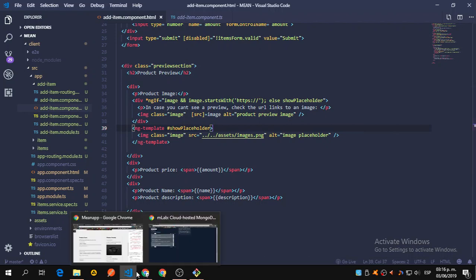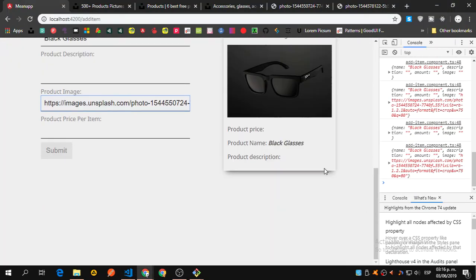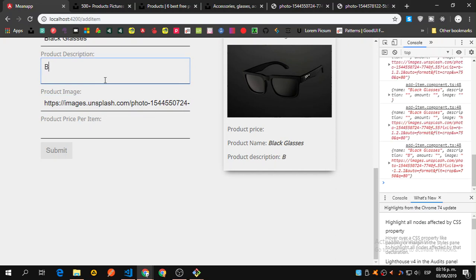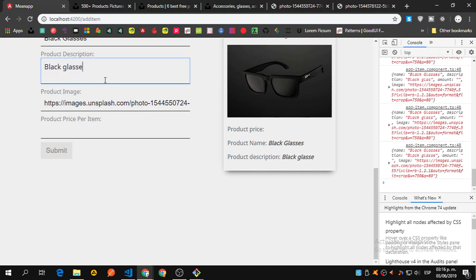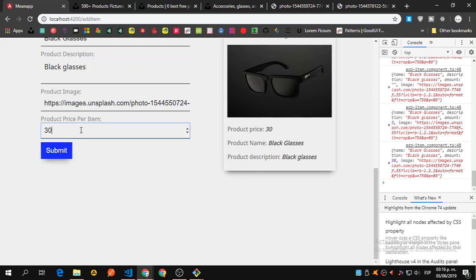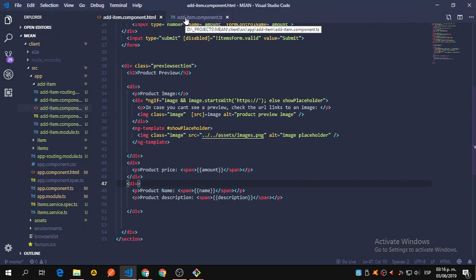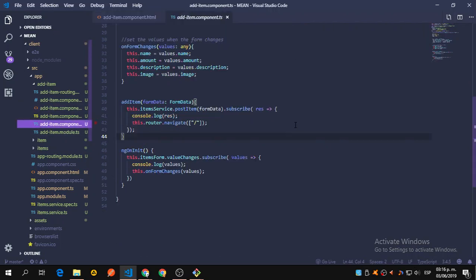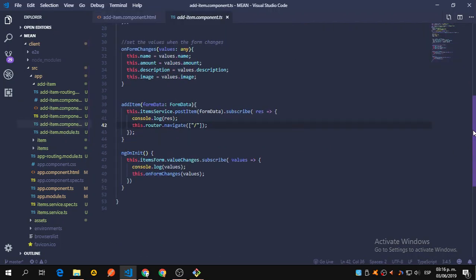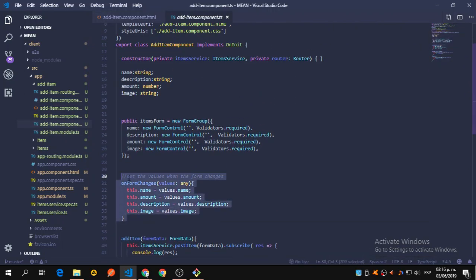But you might be thinking, okay, if we cannot use ngModel, how are we getting black glasses? How is it that we are getting all this? And let's say 30 bucks. So how are we getting all this? Because we are subscribing to the onChange. Let me go to the items. I told you we have this onFormChange,